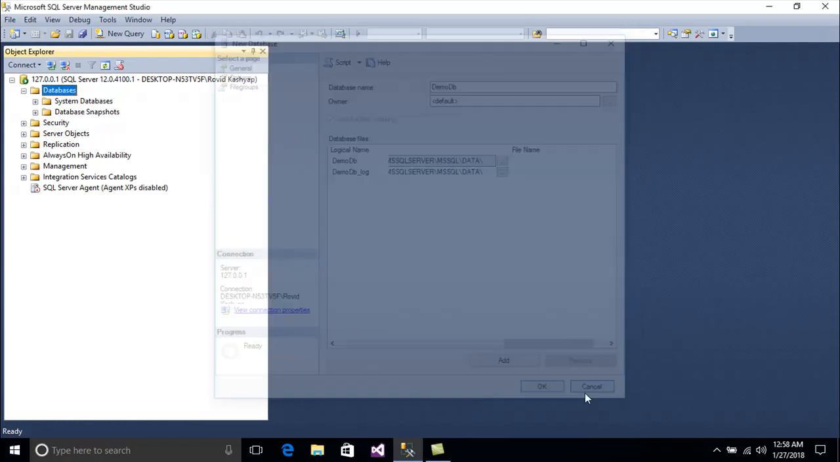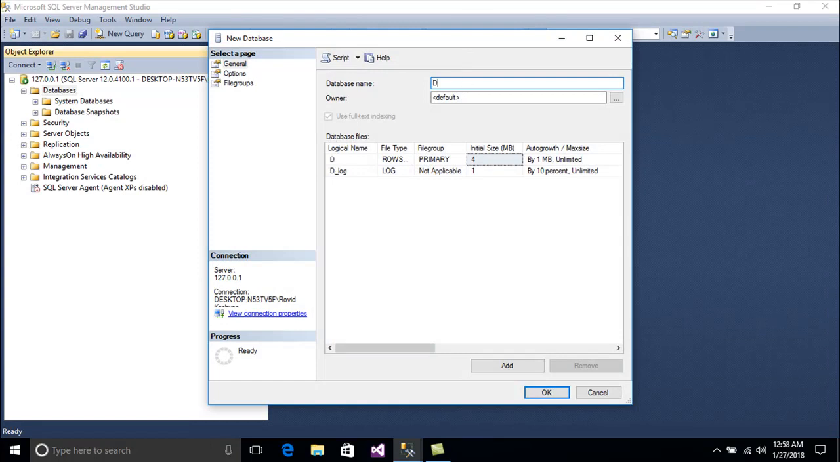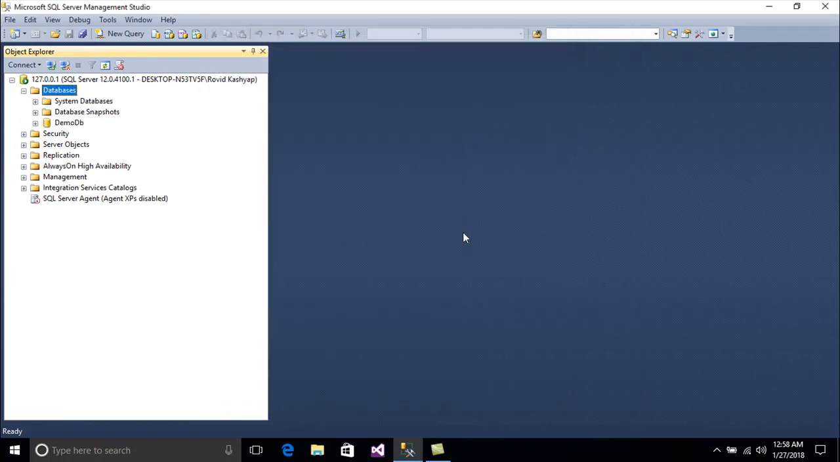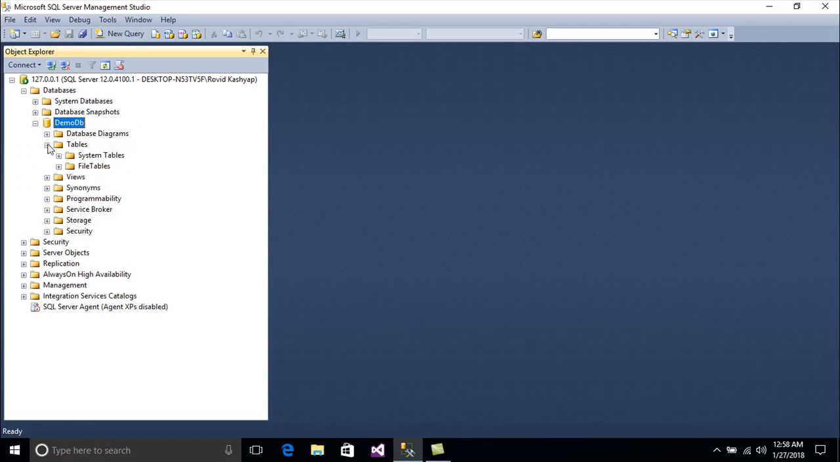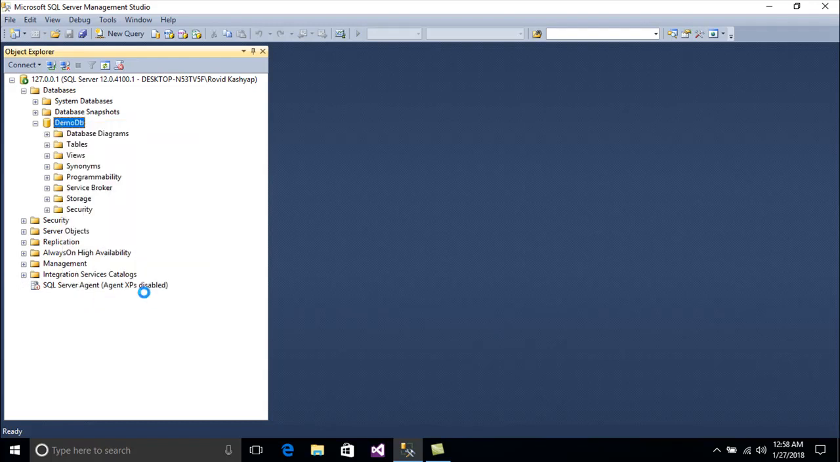So first we will create the database. Let's name it demo db. Okay, here you will see that the database is created, but there is no table inside because we have only created the database. So now we go to properties,